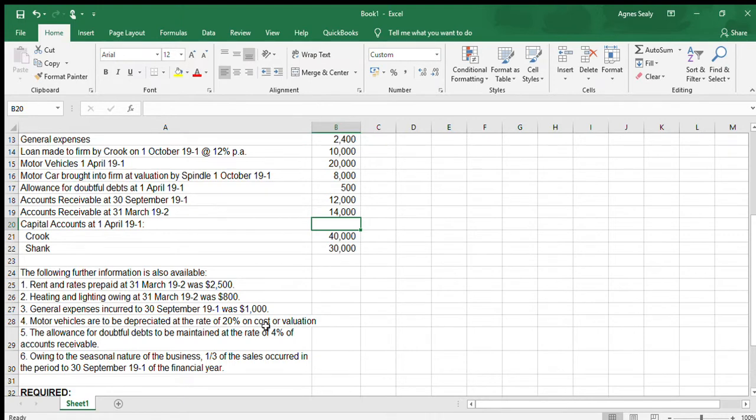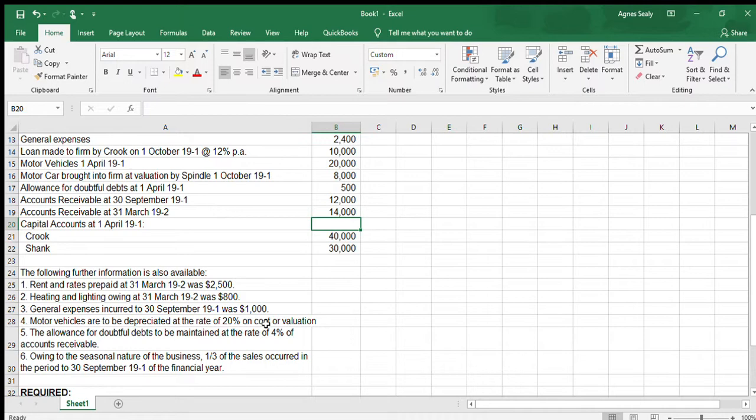or valuation. So whether you were given the cost of the motor vehicle, which is the historical cost, or whether they value the motor vehicle and give you the value at that point in time, the depreciation is to be calculated at 20% per annum. They also said that the allowance for doubtful debts is to be maintained at the rate of 4% of accounts receivable. So our allowance will be calculated at 4%